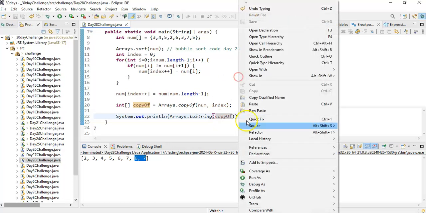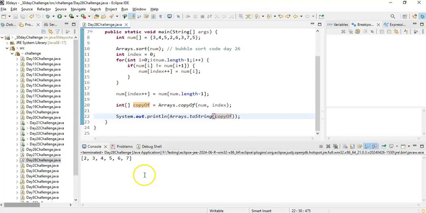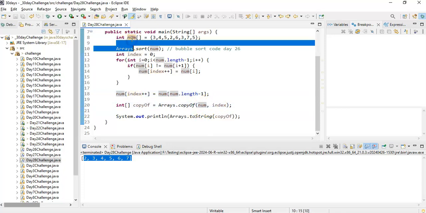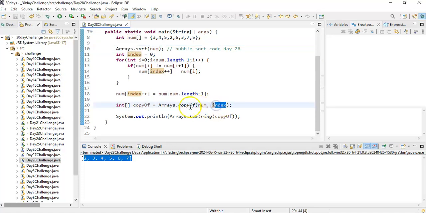Then just execute it. Now it will come 2, 3, 4, 5, 6, 7, only unique numbers. We are just removing the additional part of the array. We started at index 0, up to this index, up to then we have to copy the number array. Already we have an array. It will create the new array based on the existing array, until the index. Then if we see, 2 3 4 5 6 7,